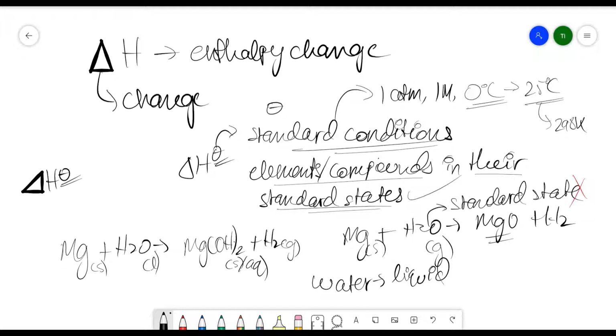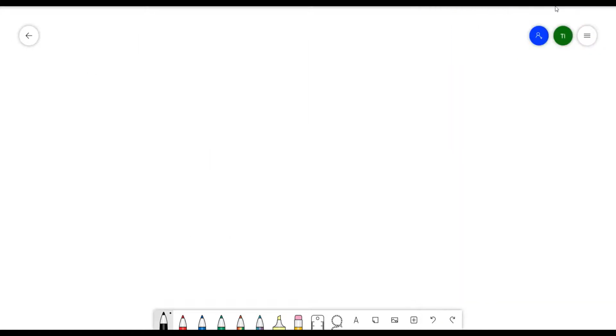And along with the standard enthalpy change, you can also sometimes see an F, which is for formation, or you may see a C, which is for combustion. Sol is for solution, and if I recall correctly, hyd is for hydration, right? And so on. But anyway, we'll worry about those later. We'll worry about the first two that I mentioned right now, okay? So, the first important